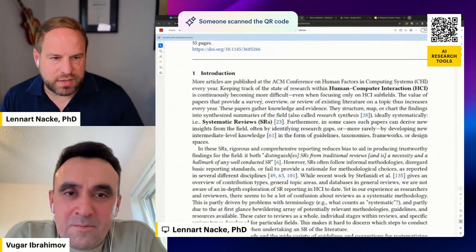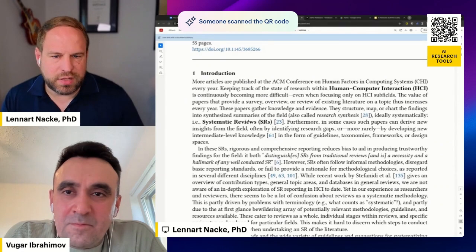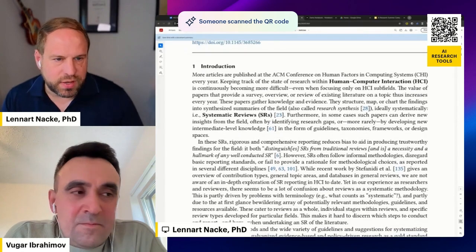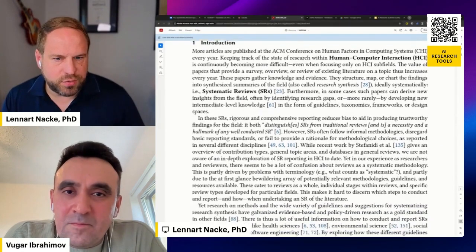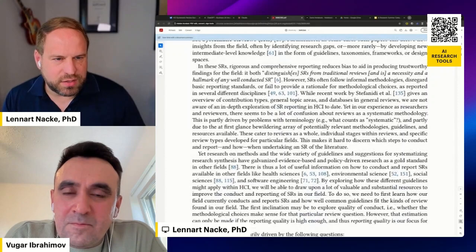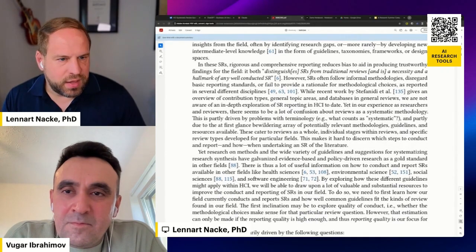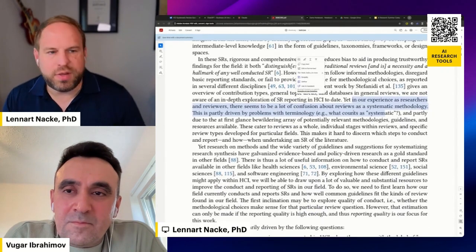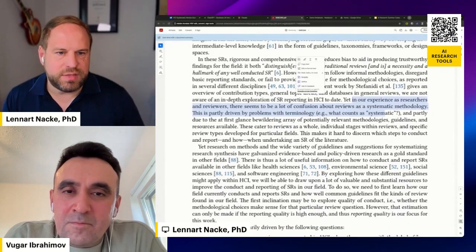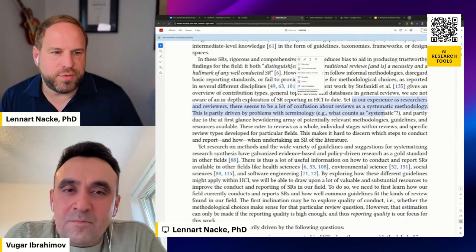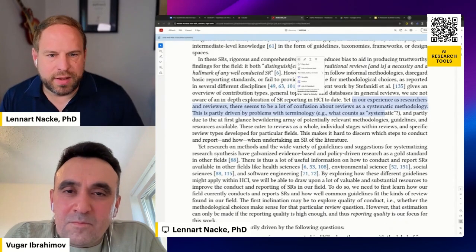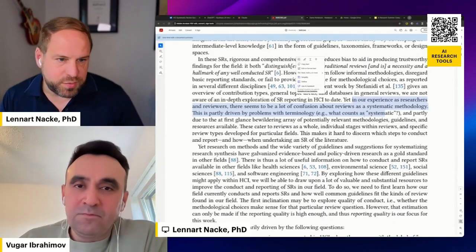So we basically talk about the benefits, then we talk about what is good about systematic reviews. And here we say that it's a rigorous reporting. And here is the counterpoint. Yet in our experience as researchers, there seems to be a lot of confusion about reviews as a systematic methodology. This part is partly driven by problems with terminology.